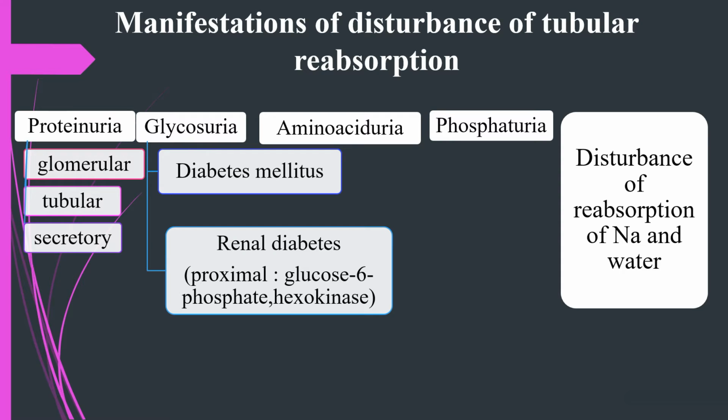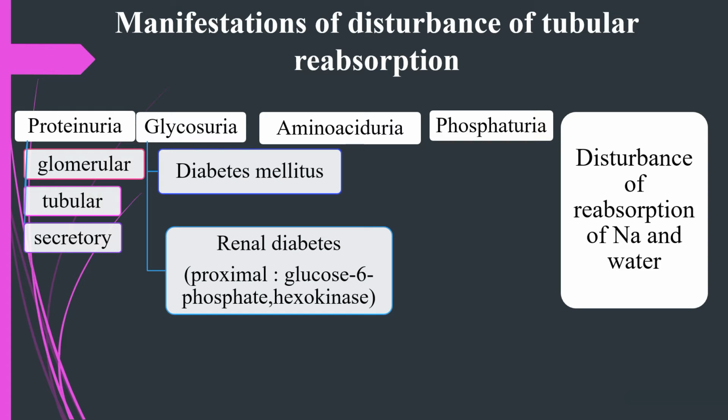Manifestations of disturbance of tubular reabsorption include, for example, proteinuria. Proteinuria has several forms: glomerular proteinuria, tubular proteinuria, and secretory form. Also glucosuria, aminoaciduria, phosphaturia, and disturbance of reabsorption of sodium and water. Now, the manifestation of disturbance of tubular reabsorption: renal